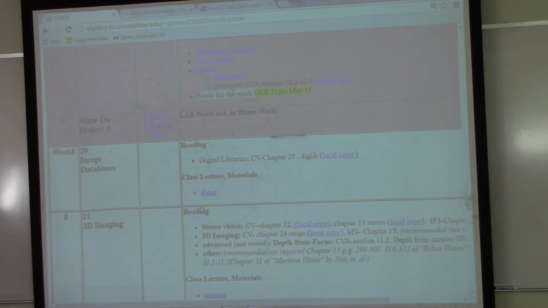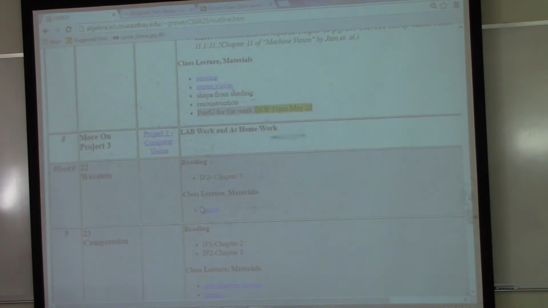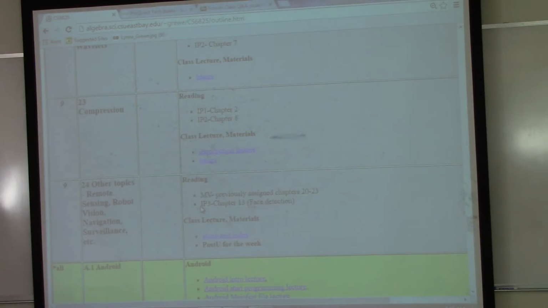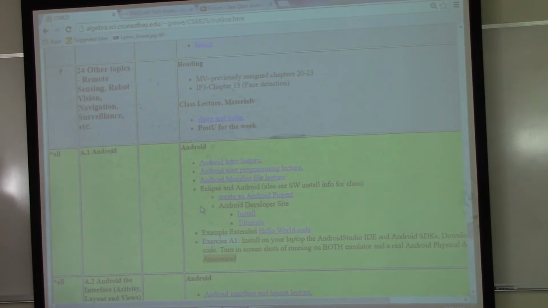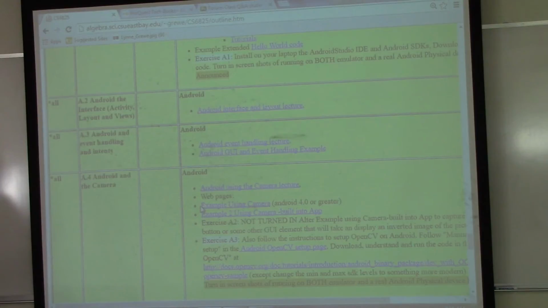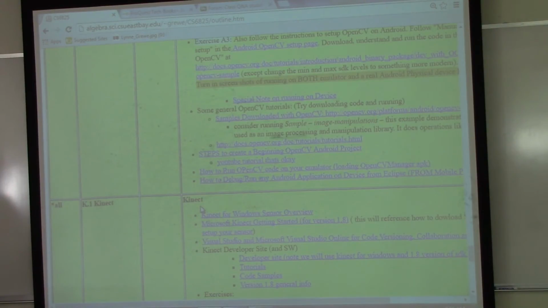Image databases is an application, so image-based search, image-based retrieval, finding things by images. And some other topics like remote sensing, robot vision, navigation, surveillance, compression. Week 9 is kind of a hodgepodge of material as you can see. And then we have our Android-specific and our Connect-specific information.